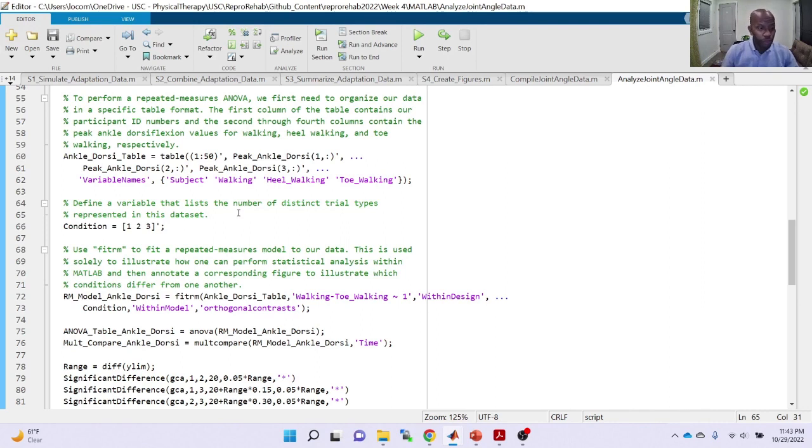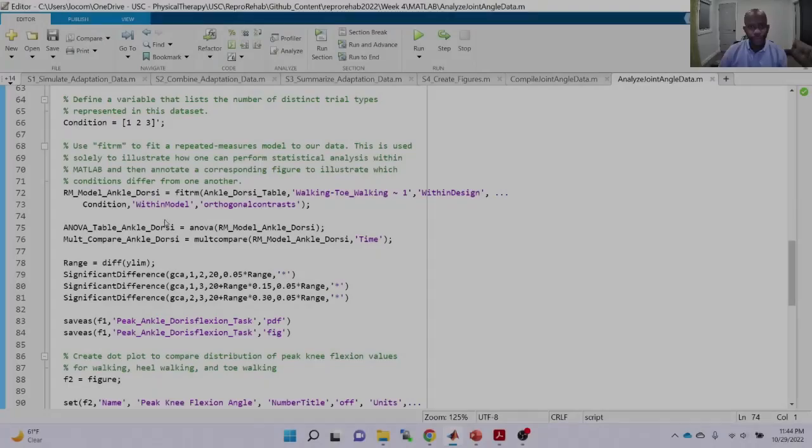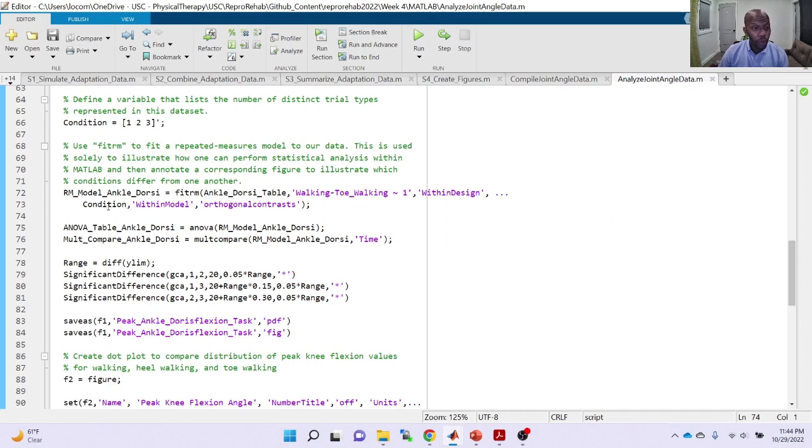So one thing we need to do to perform this analysis is to create a variable that contains information that specifies the trial type or the different conditions that the person performs. So here, this is just a vector that contains the numbers 1 through 3. Okay, so now what we want to do is fit our repeated measures model, and we're going to do so